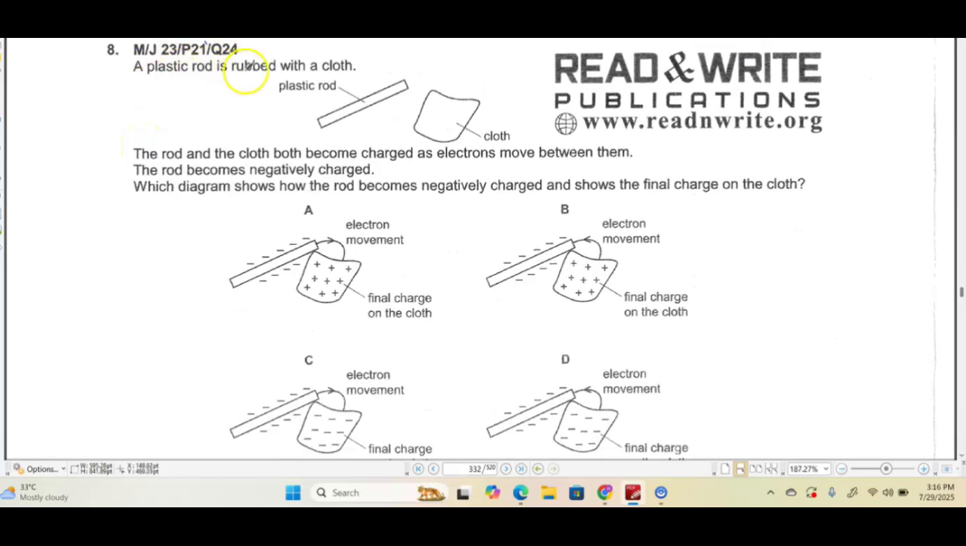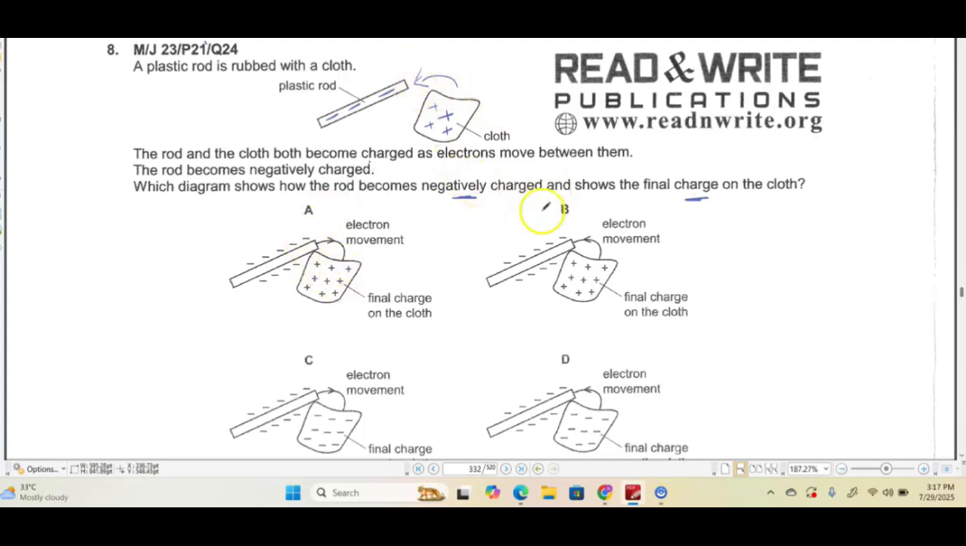Question number 8. A plastic rod is rubbed with a cloth. The rod and cloth both become charged as electrons move between them. The rod becomes negatively charged, and which diagram shows how the rod becomes negatively charged and shows the final charge on the cloth. If the rod has become negatively charged, the cloth would have become positively charged. And why did this happen? Because the electrons from the cloth have moved to the rod. Okay? Electron movement would be